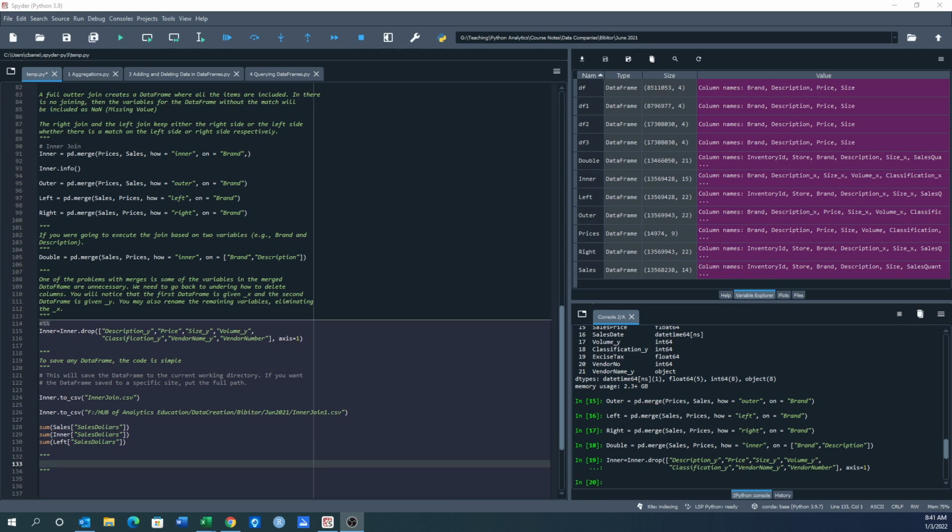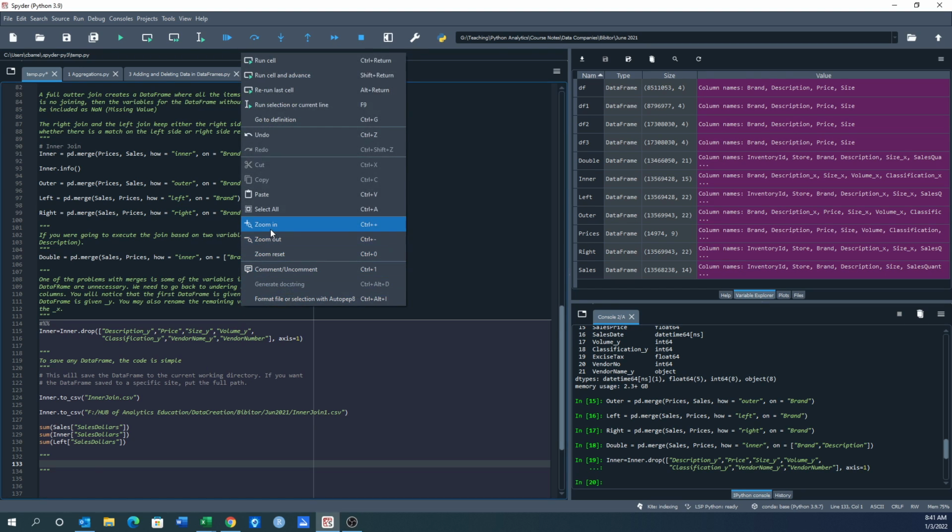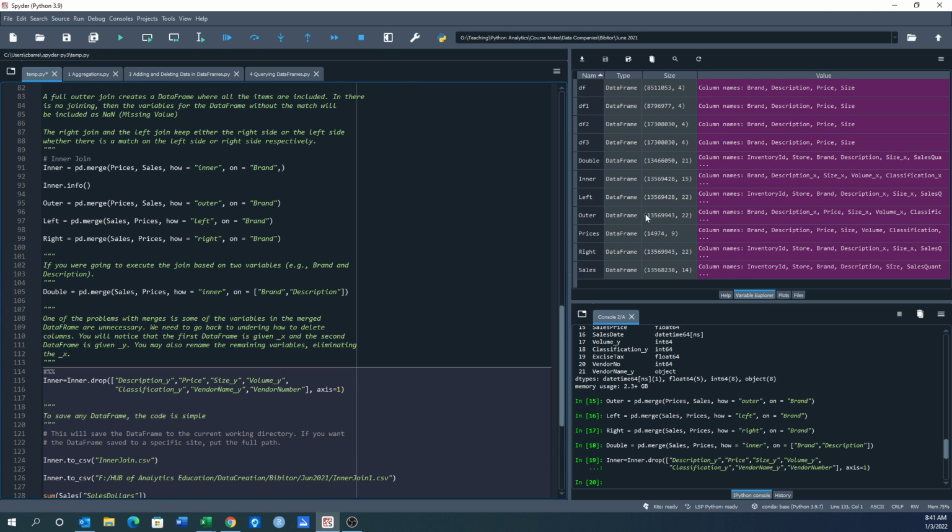Remember, we were doing some merging, and I had a bit of a problem. When I ran the script, I ended up seeing my sales, which should be 13568,238, 14 variables. This number, when I did an inner join, increased, right? It increased by around 1190 values. That shouldn't happen